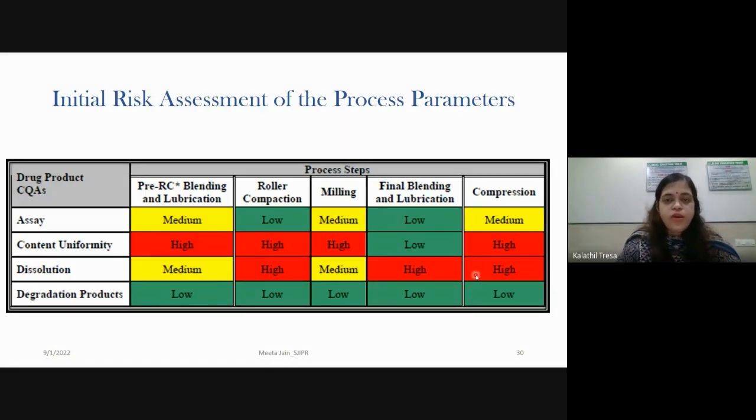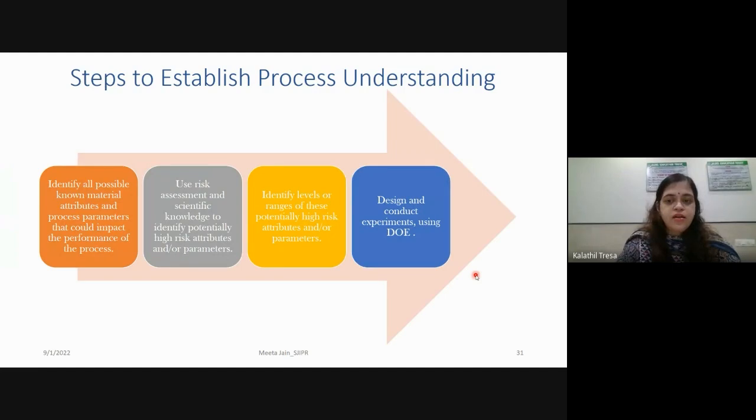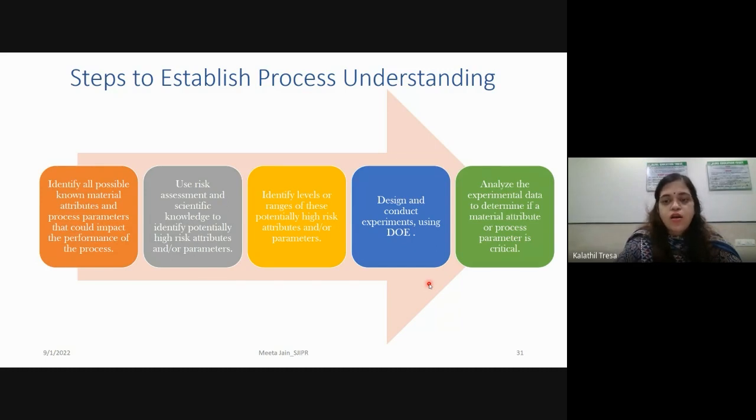You have to evaluate them and create a design space using design of experiments. So the next step is to design and conduct experiments using design of experiments. I'm not going to go into detail because there was an earlier session on this. So conduct the experiments, and after conducting, you will evaluate your formulations, do the quality control evaluation, and analyze the data obtained from that. See whether the material and process parameters are critical, how critical, and you have to reduce that criticality or